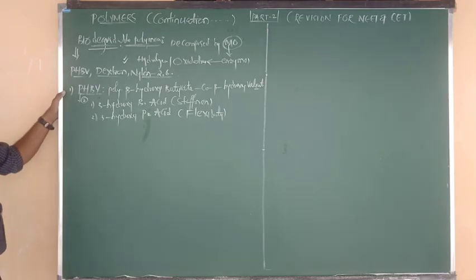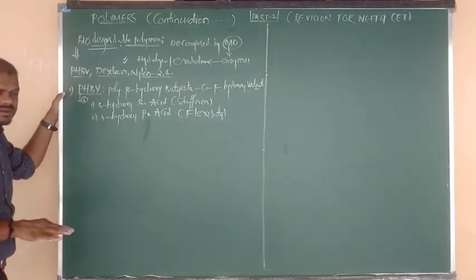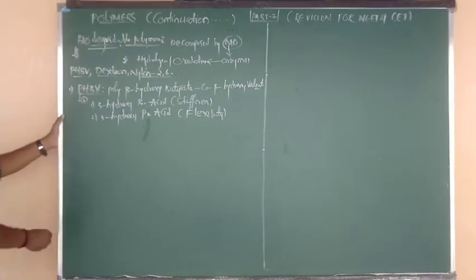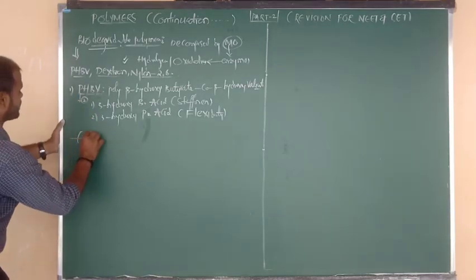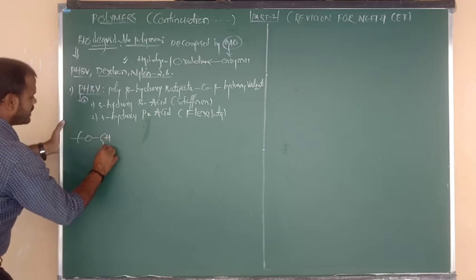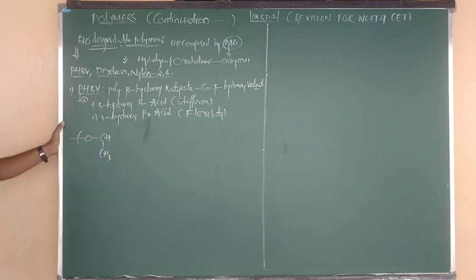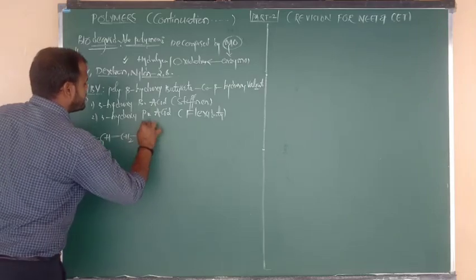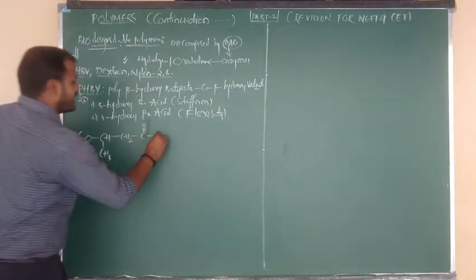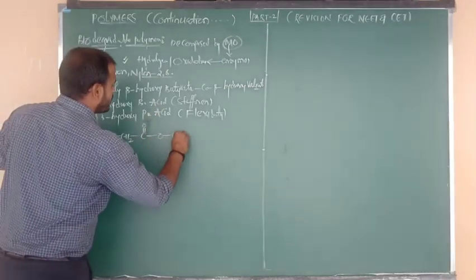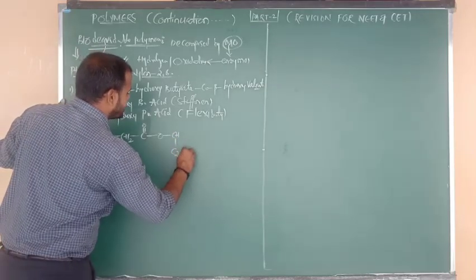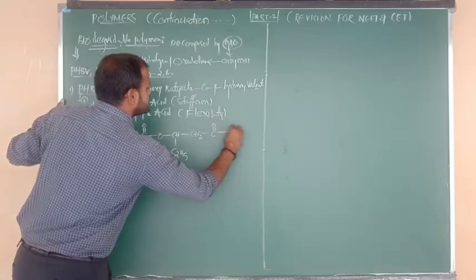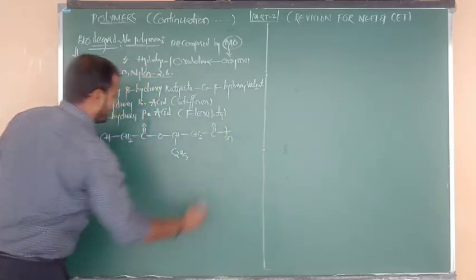Draw the structures and eliminate the water molecule. After that you are going to get the structure of PHBV. Directly I am going to give the structure. O bonded to CH, CH below the plane connected to CH3. Again it is connected to CH2, CH2 connected to C double bond O. Again it is connected to O, O connected to CH, CH below the plane has a C2H5 group. Again it is connected to CH2, CH2 bonded to C double bond O, taken n.